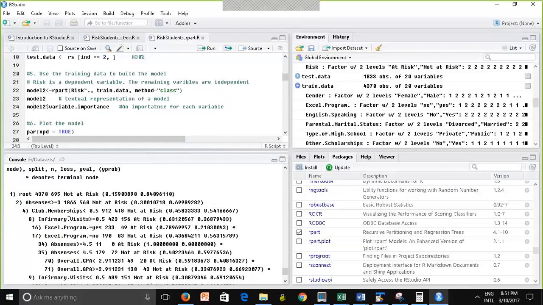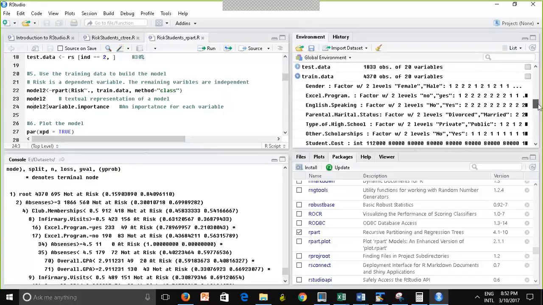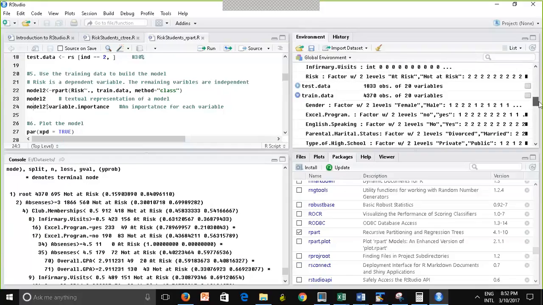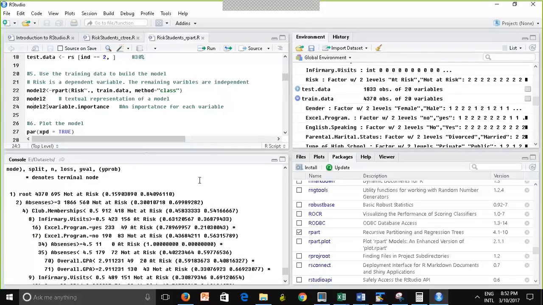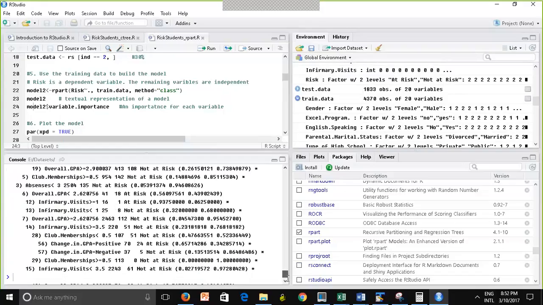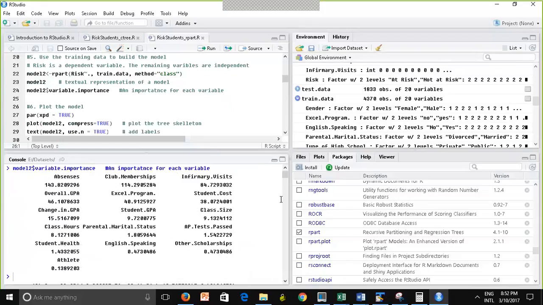Now, this is something else I wanted to show you. Which variables are important? The variables that are important are the ones that are used to split the tree. If you notice, not all variables from the dataset are used to build the model. Look at how many variables we have. We have about 20 variables, but not all 20 variables are used as a splitting variable, right? So this is what it's going to do. Variable importance is basically going to show you which variables are important, and the higher the number, the higher